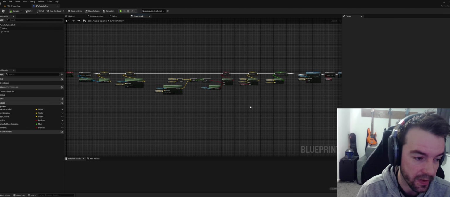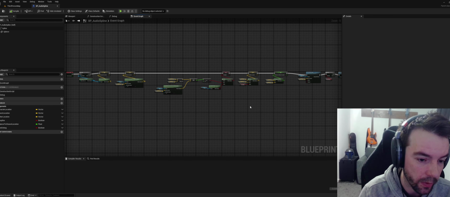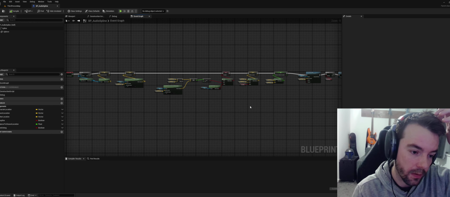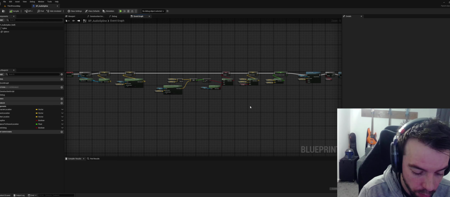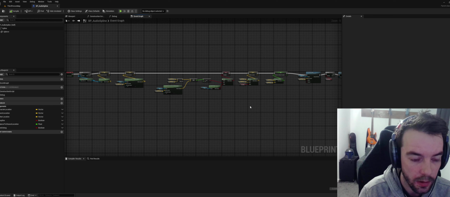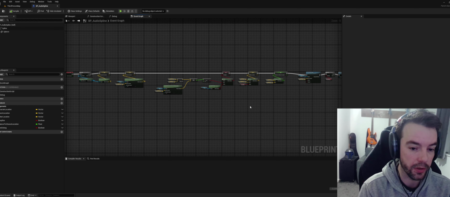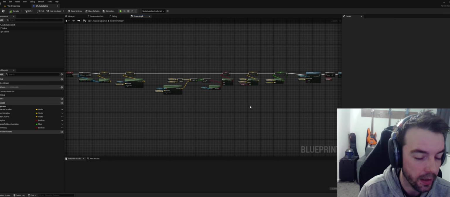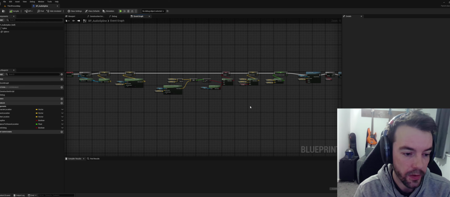But with that being said, we're going to take this to C++ and go through that journey together, and think about how we can use this to maybe refactor some of your own stuff as well, and just start that journey of code. And then also probably going to look into Insights as well, doing a comparison of the Blueprint function and then the C++ function, and seeing if there's any difference there, because that stuff's always interesting anyway. And it just helps us make arguments on whether we should do it or not anyway. So with that being said,